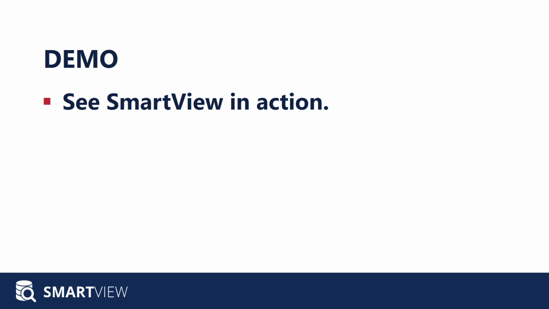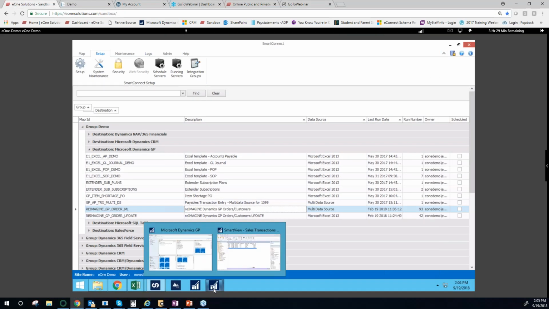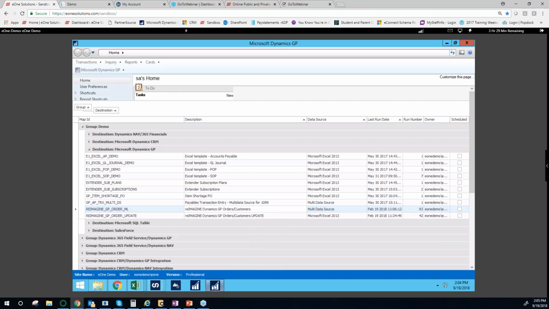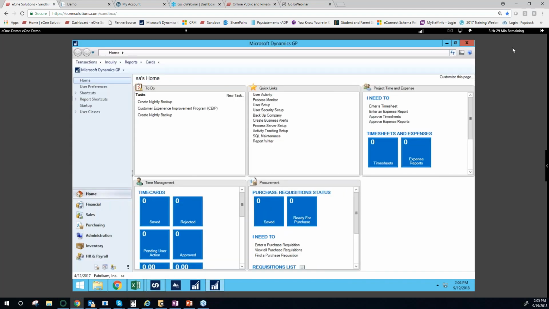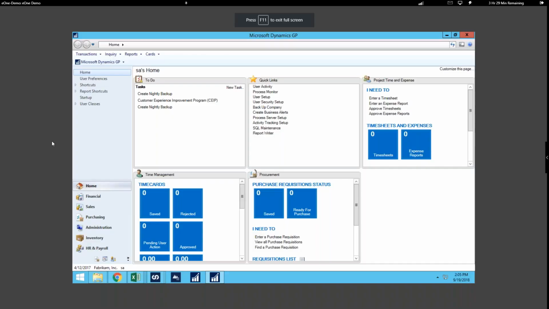All right, let me show you how valuable SmartView really is. I want you to see it working in action here. So let's take a look and see that. I'm going to go into GP here. And what we're going to start out with, we talked at the beginning about speed, right? So I'm going to show you firsthand how much quicker SmartView is in comparison to your SmartList. So let's pull up